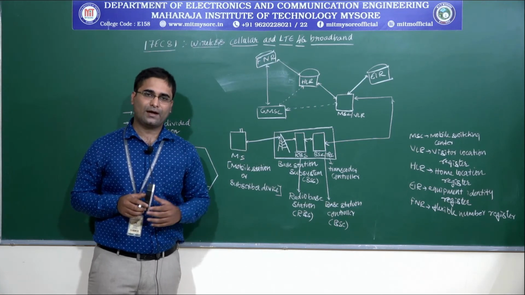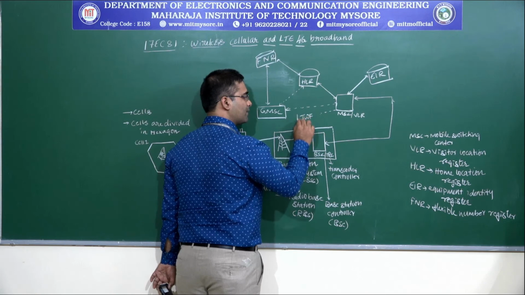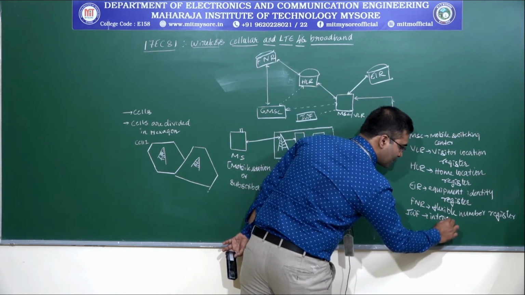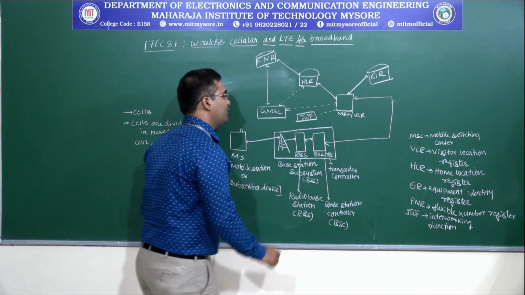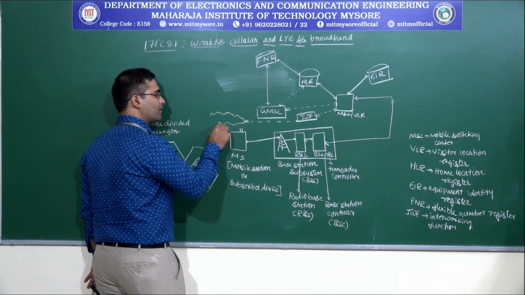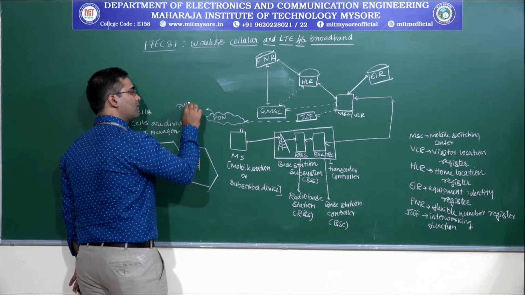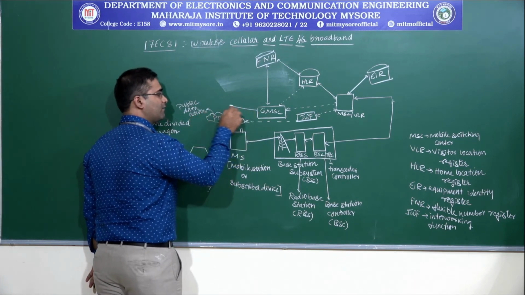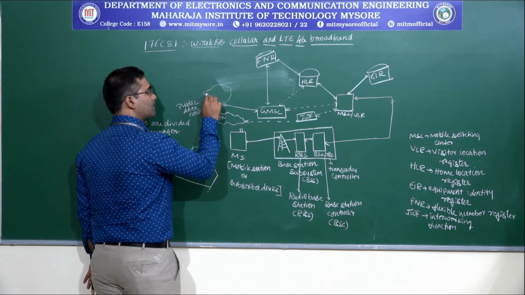To define the data we do have an interface mechanism, which we call the IWF, the interworking function, and this IWF is connected to the PDN, which stands for Public Data Network, and we do have a circuit switch which is called